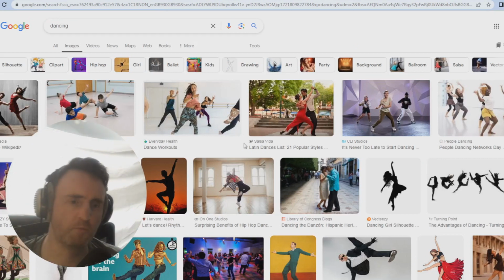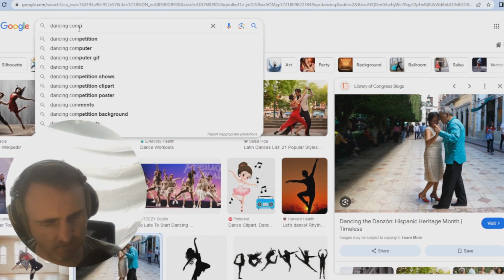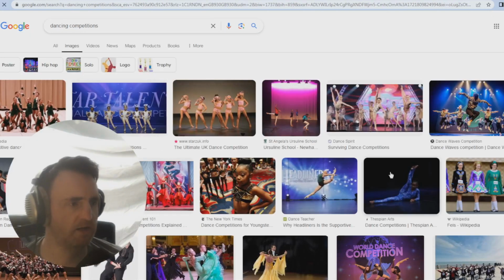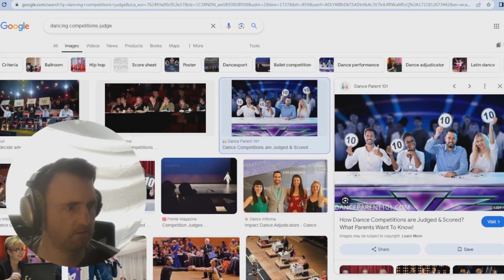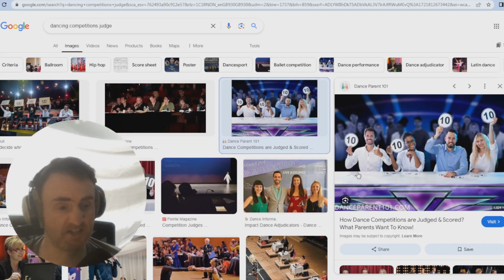Now a different kind of sport is dancing. Dancing is a bit different. There's no score, there's no goal, there's no points. It's not a match, it's not a race, you just dance. Although they do have competitions, and the winner will get a score. So like this, they hold up the score, and each dancer gets a score, and the highest wins.